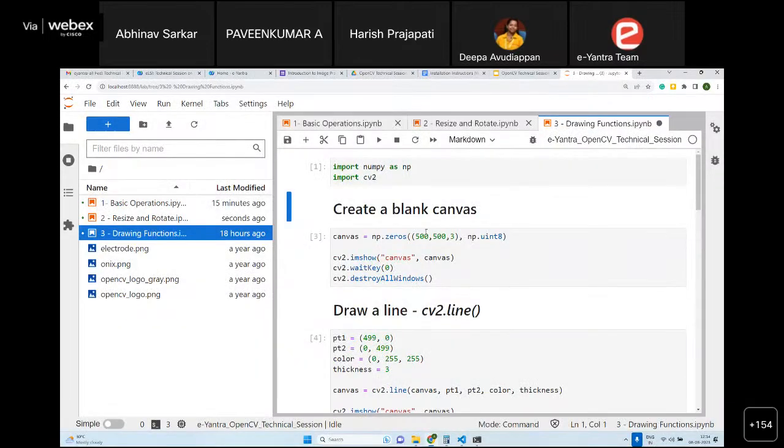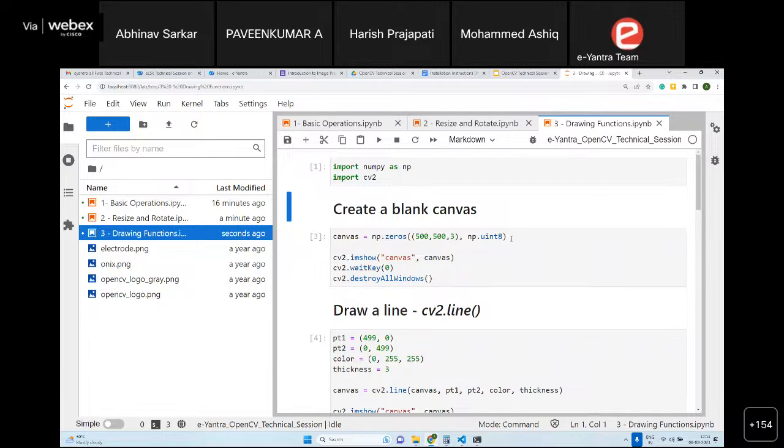So first of all, importing the libraries, that goes without saying. Now move on to the second thing. The first thing we want to do is create a blank canvas image, that is an image which is totally black. For that we use a function in the NumPy library, that is np.zeros 500, 500, 3